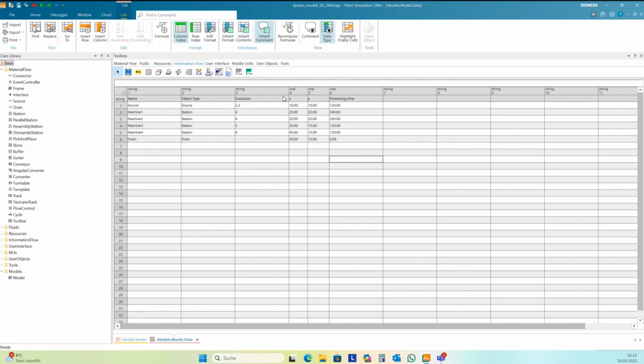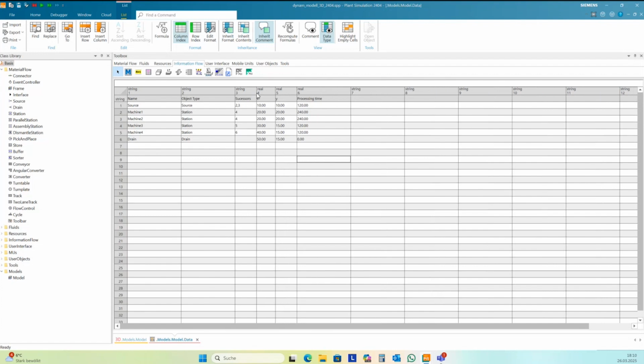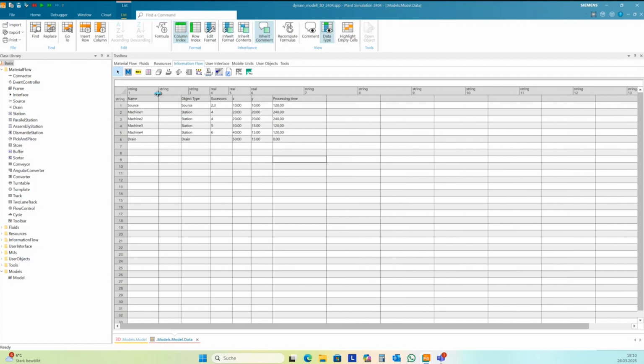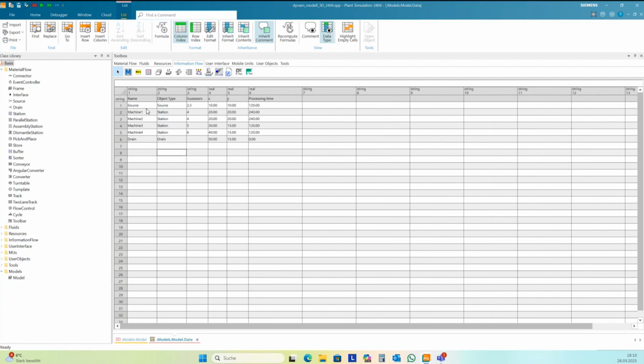Okay, now I have the basic information for my creation process. So again, we need a name with all the rules we have in Plant Simulation. Then we have object types. This should match the object types in the class library. We have successors or predecessors.